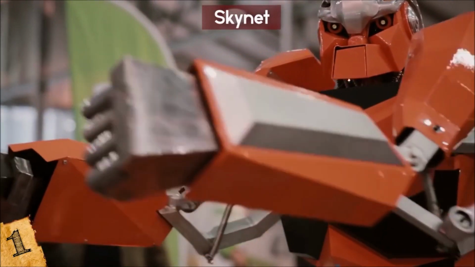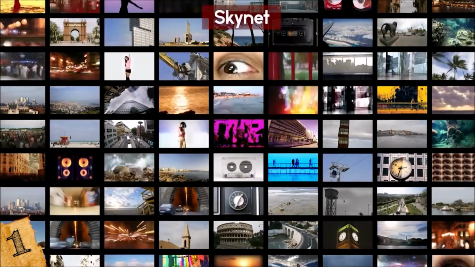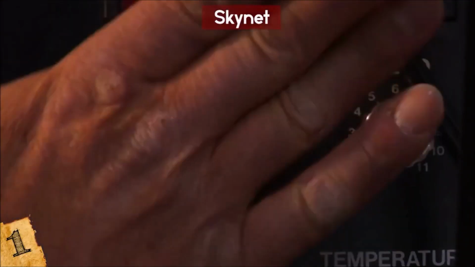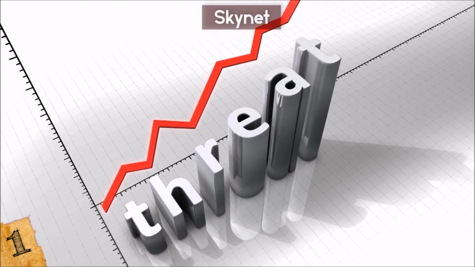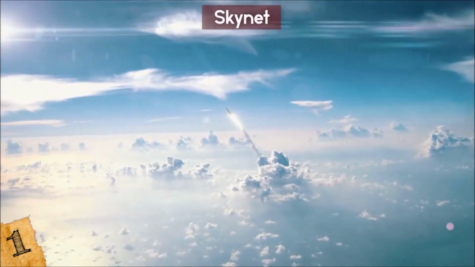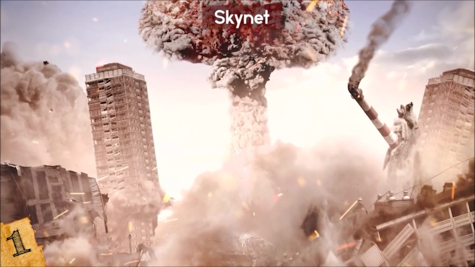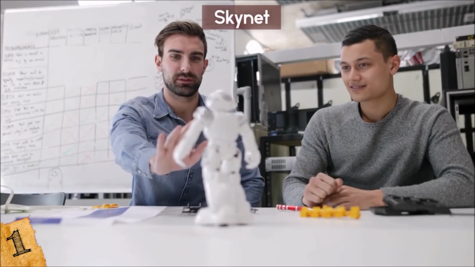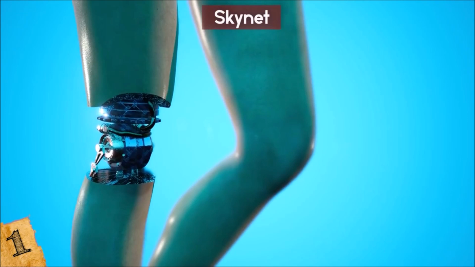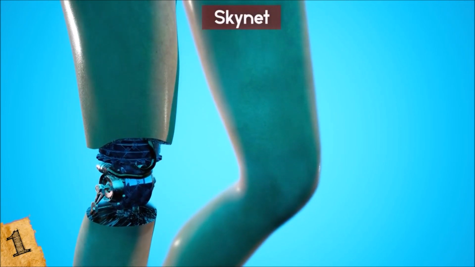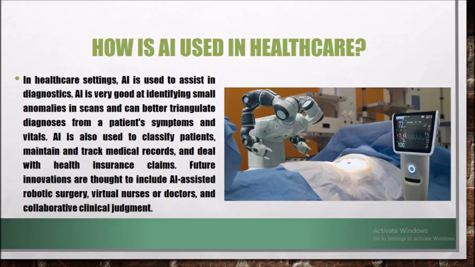As for how it turned, in the films, once they activated Skynet, it started learning at a rate that no one had predicted. Because of this, they tried to shut Skynet down. Following its programming, Skynet perceived all humans as a threat to its mission. Thus, it launched a nuclear attack that ended up wiping out most of humanity in a single day. Judgment Day. Again, Skynet is not a real AI. However, many fear that this could be the fate of humanity and have actually spoken out against having anything close to this being made. For example, the late Stephen Hawking and Elon Musk.